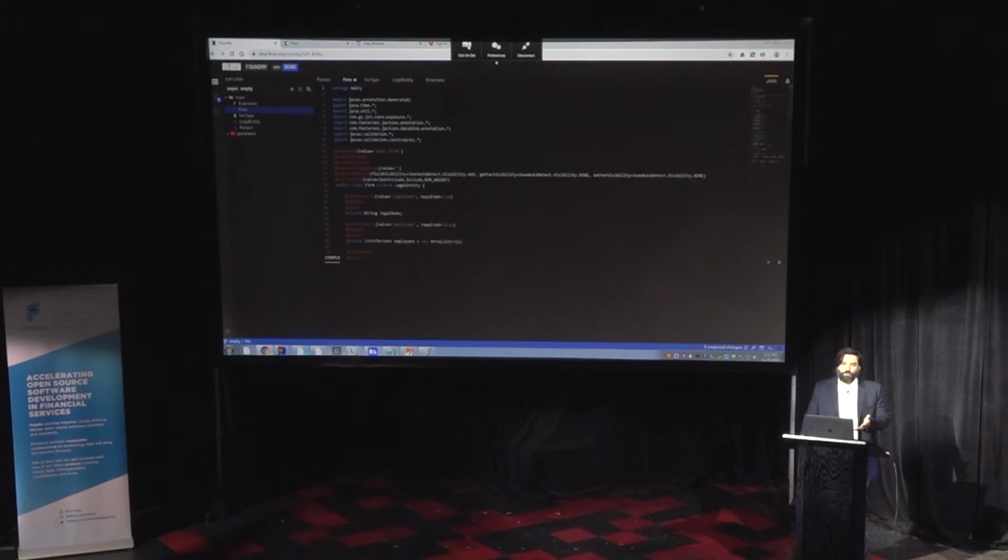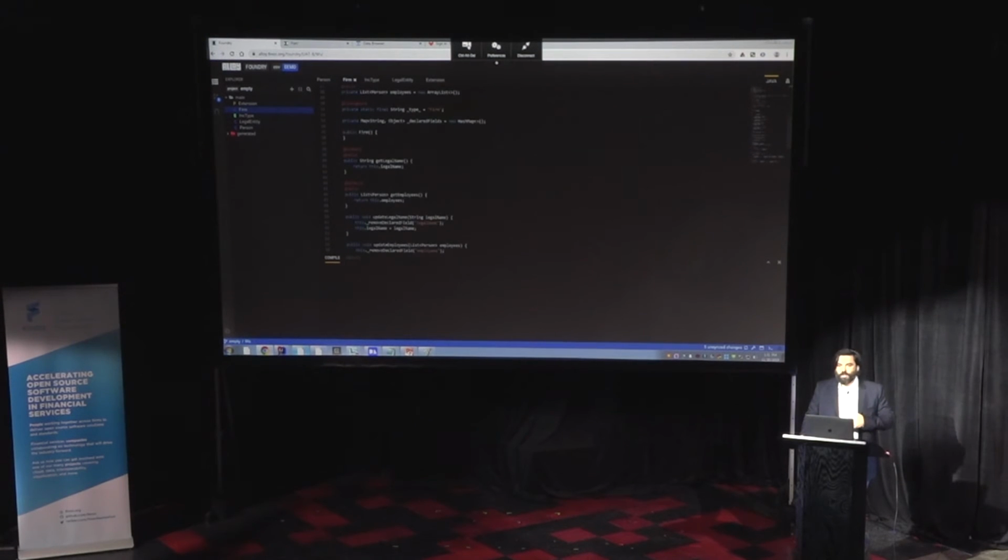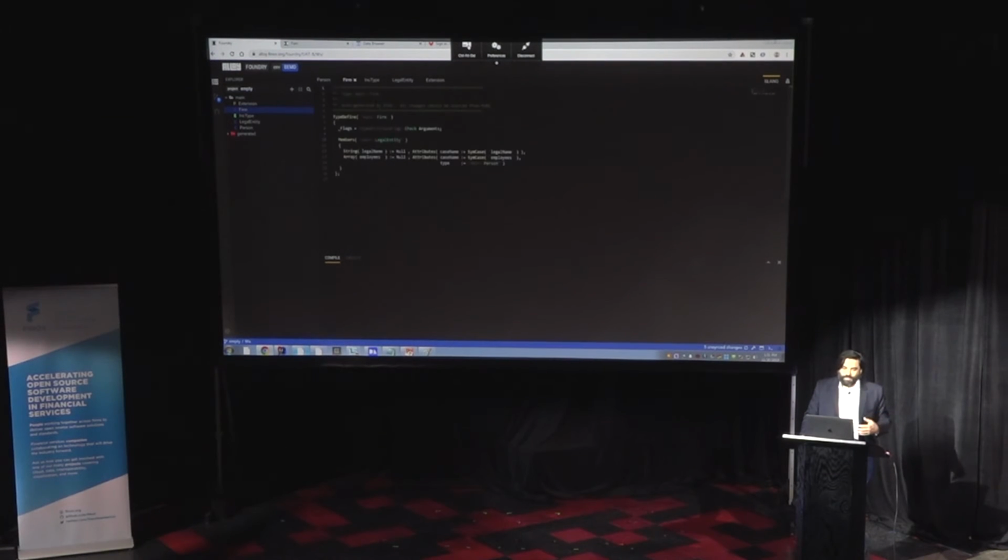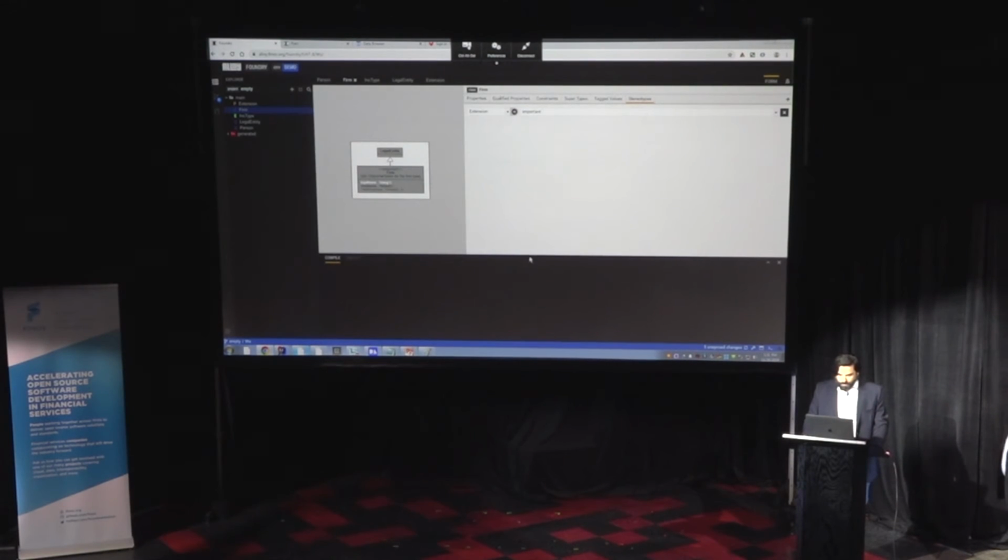So for example, what does it look like in Java? Everything I entered, you have the Java code that is representative of what I just typed. And also, what does it look like in Slang? Slang is our internal language that we use, but we actually use code generation to be able to interface and integrate with this environment. So if I go back on the form side,